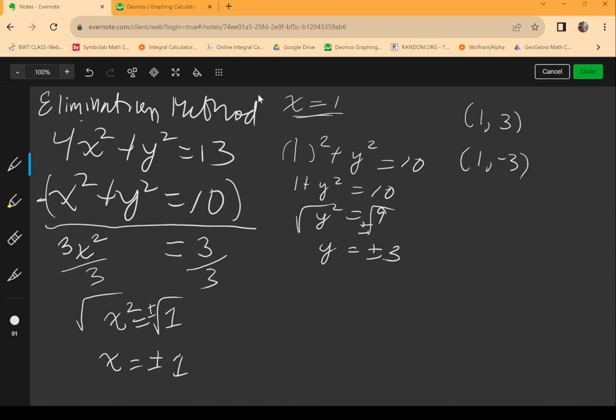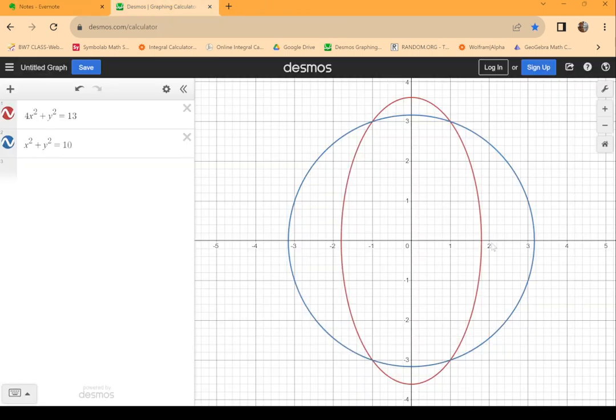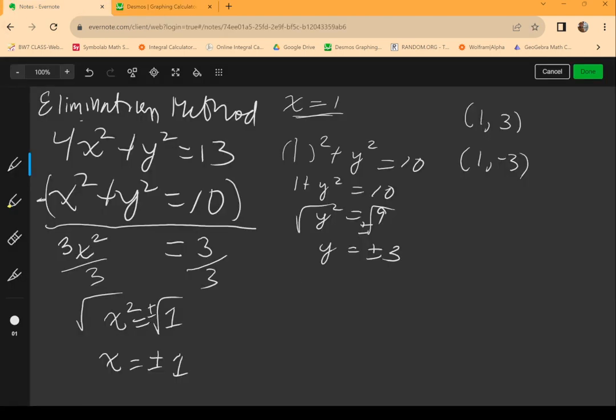Right, and we can see that in our graph, right? When x is 1, we see our solution here, and we see our solution down there. All right, so we found both of those. All right, and now on a similar note, when x is equal to negative 1, we